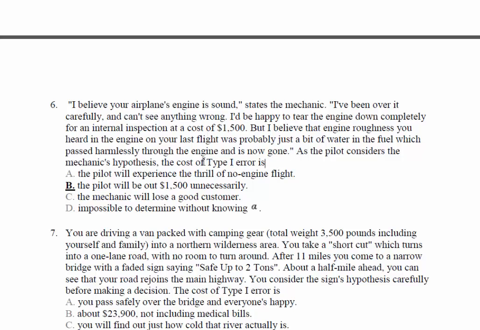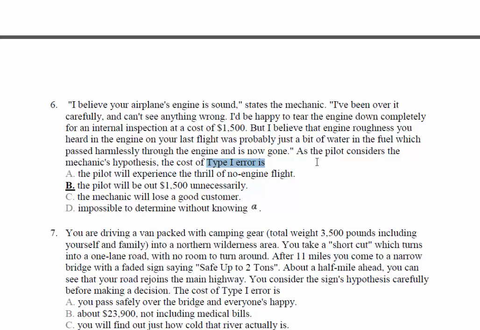The type 1 error in this case is that you reject null when it's true. H null is true, which means the airplane is okay, it's fine. But the pilot rejected it, believing that the airplane is not good. And if it's not good, has a problem, then what does he do? He will ask the mechanic to do an inspection, and that will cost him